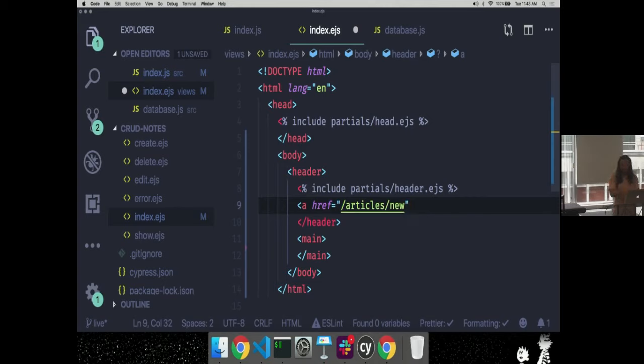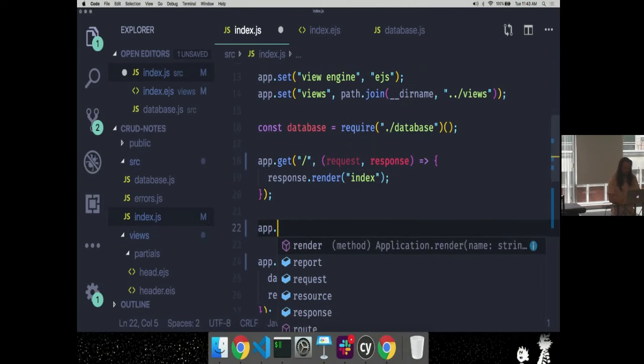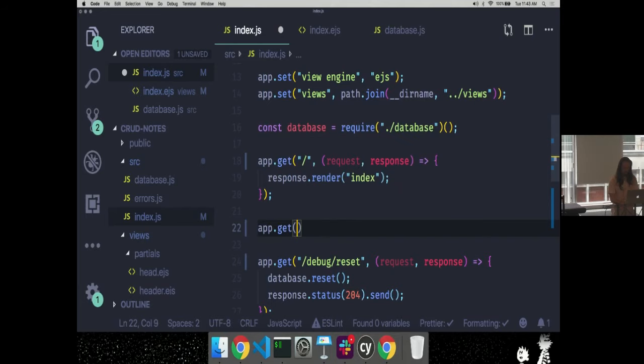I've just written this code which says I'm going to make a request, so articles new. I should immediately go into my server file and add the route for this. But I probably should just finish that first and then I can go and do it, right? So it's a link, so it's a GET request. And what is the path? I'm creating a new article. Yeah, articles and then /new. We're going to do a GET request on articles new.